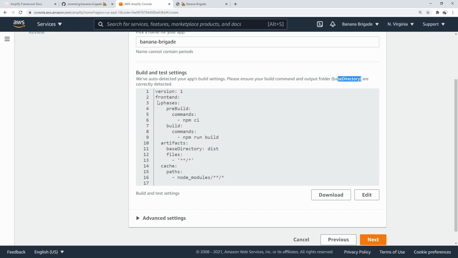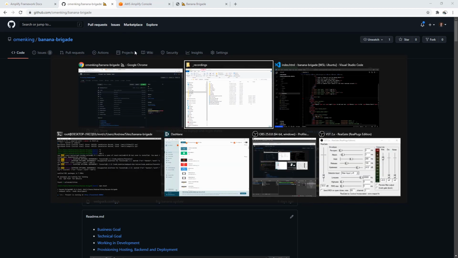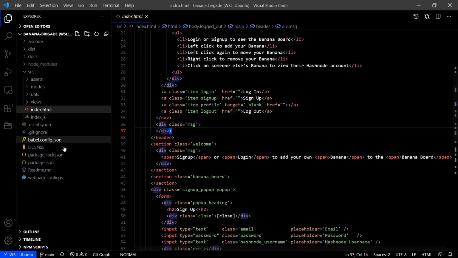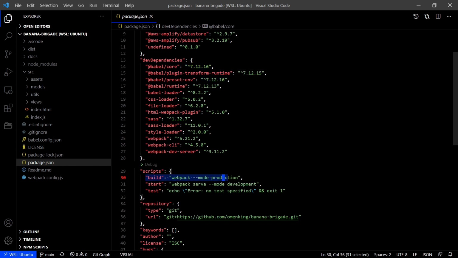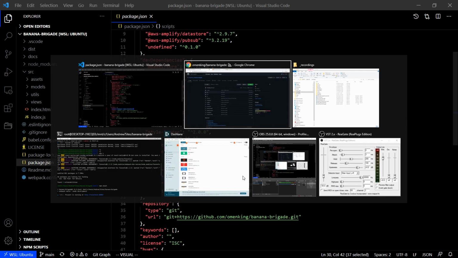So the idea here is that it goes through phases, and the first thing it's going to do is run CI. CI is the same thing as saying install, so npm install. The next step it's going to run is npm run build, so we better have a build step in our application. If we go over here, actually I have a VS Code, so let's go over to VS Code. But if we open up our package.json, notice that we have a build step here for our Webpack, so that's what it's going to try to run. And we will go back to